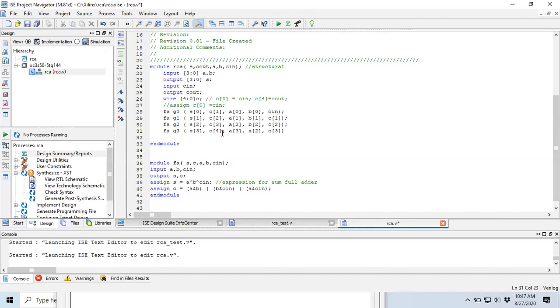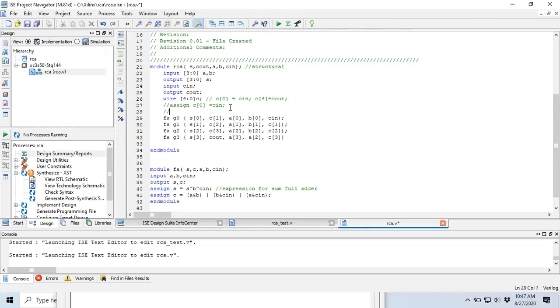Okay. Then this is C out, right? So I can write directly C out. If I don't write the statement, again I have to write assign C out is equal to C of 4. That's why I put it in comments so that we are not using that. So I've used C in over here and I've used C out over here. In that case, only this 3 is required over here and it is starting from C1. I don't require 0, I require 1. We can modify it accordingly.